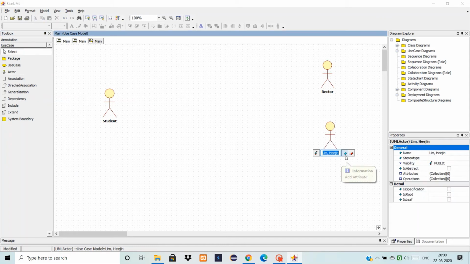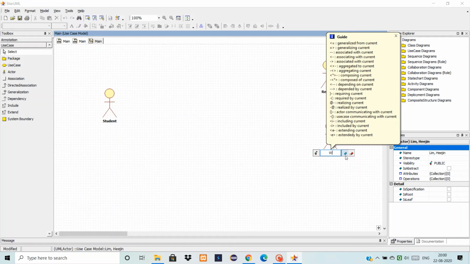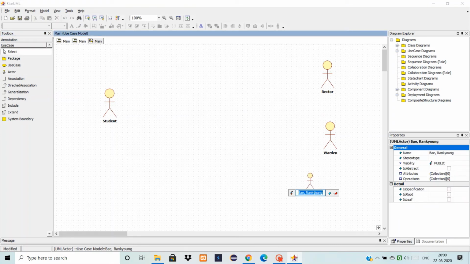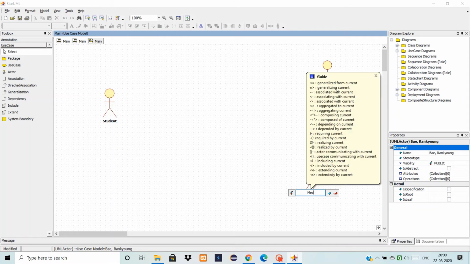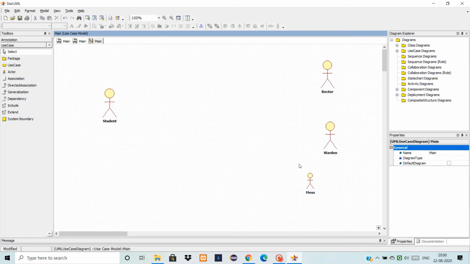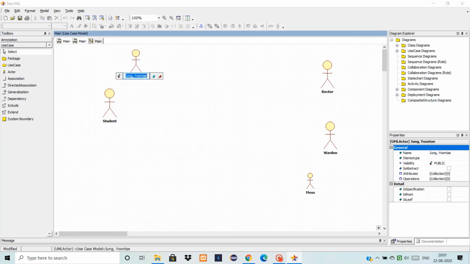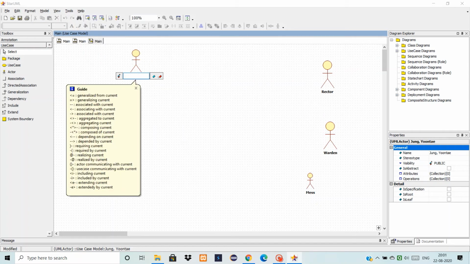Then we have a warden. Then we have mess. Remember that actors are not necessarily a person, but can also be a system. So here we say that mess is an actor. That doesn't mean that mess is a person. Then we have security.